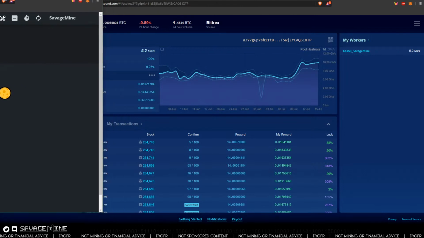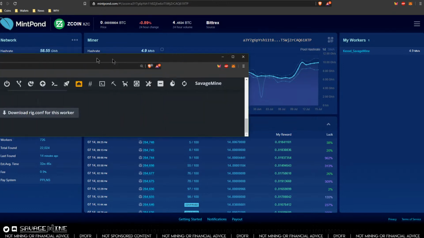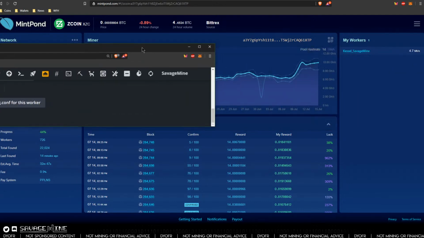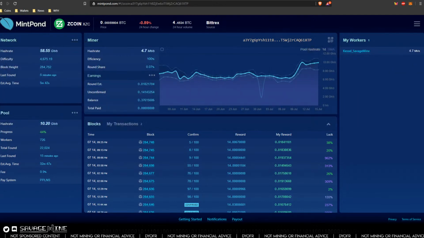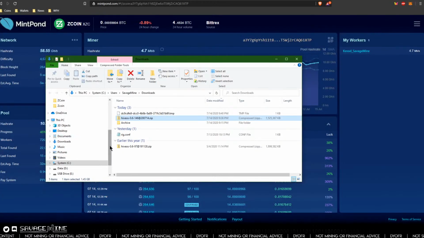So yeah, it looks like this. And at the very bottom, I wish there was a way for me to show this to you. Let me see here. There we go. So at the very bottom, whenever you click on add worker, and then you give it the name and all that, you're going to see this, and you're going to click that and download the rig.conf file. And once you do that, it basically is a shortcut to getting things up and running, because all you have to do is copy that rig.conf file,